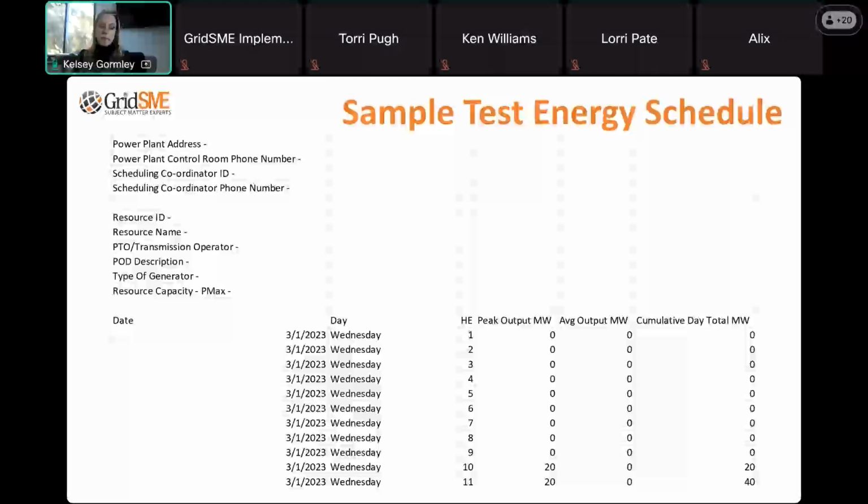Unfortunately, it's something that we've seen quite a few resources have to deal with in the past few years as more and more renewables come online. There are just more and more curtailments happening because either the grid is already at capacity and cannot take additional generation, or they don't want to take any power off the grid because that's power that's needed at that time. So keep that in mind when you're going over that schedule with your commissioning team.